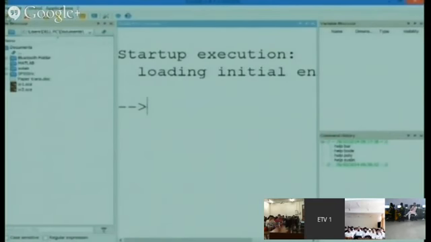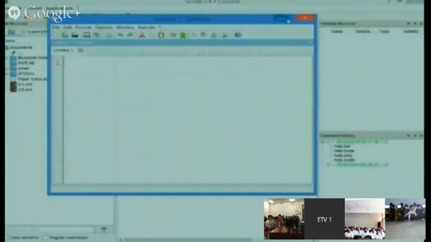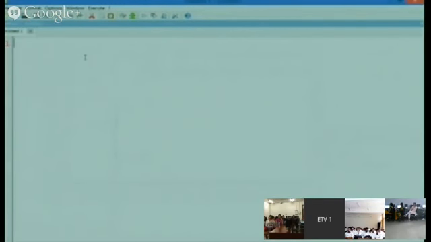Starting with SciNotes: as in MATLAB there is an editor window, in Scilab it is named SciNotes. After opening, let us start with the simplest plot. These are the basic plots which we are going to plot, and then we will advance to more advanced versions of plotting. As in MATLAB we also do clc, meaning clear console, and then